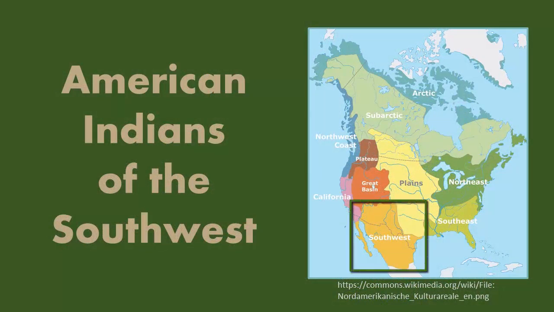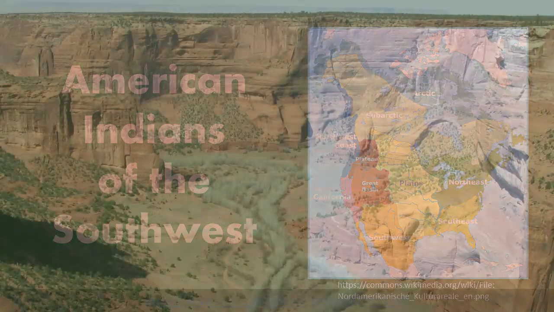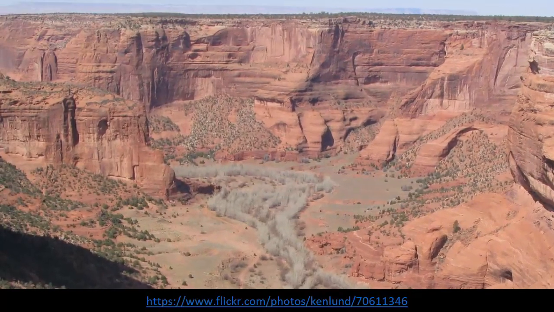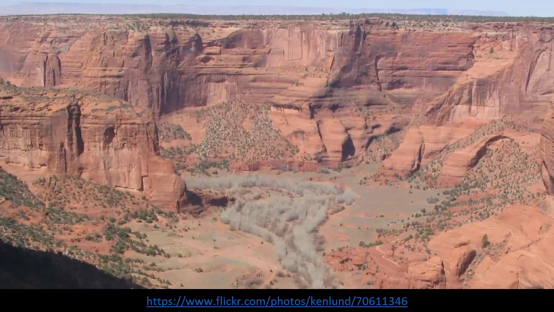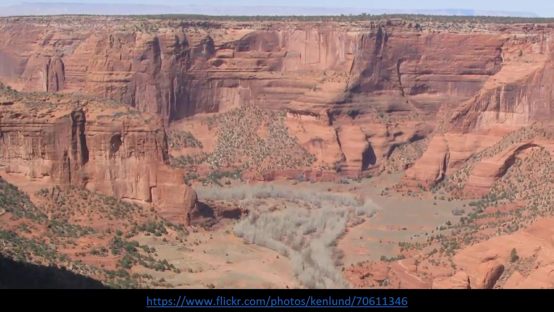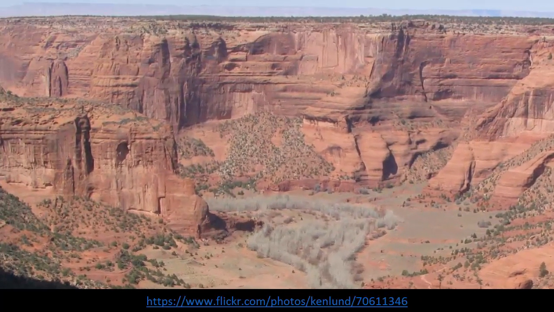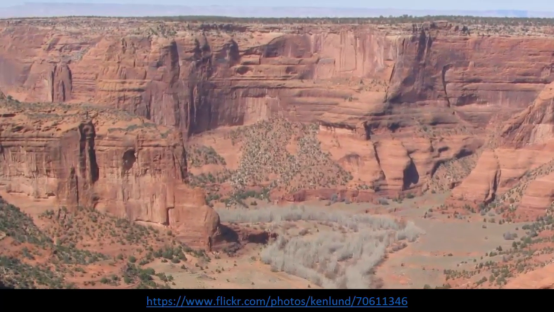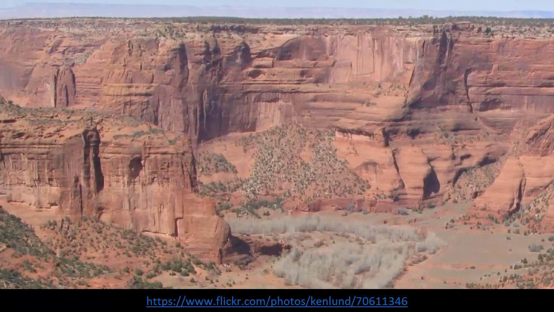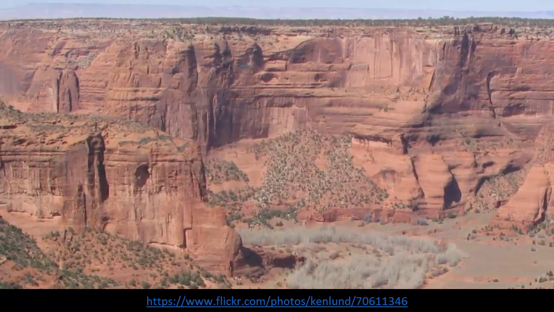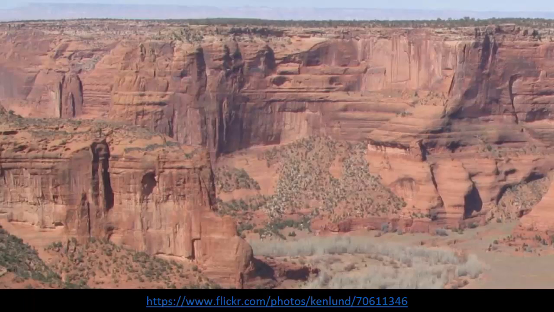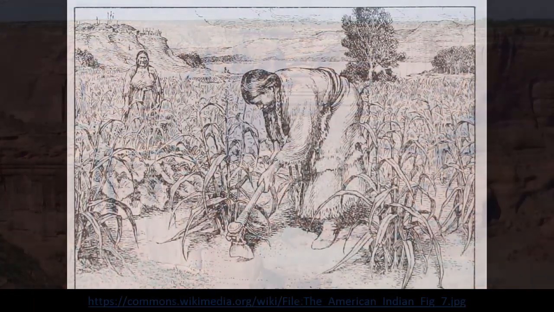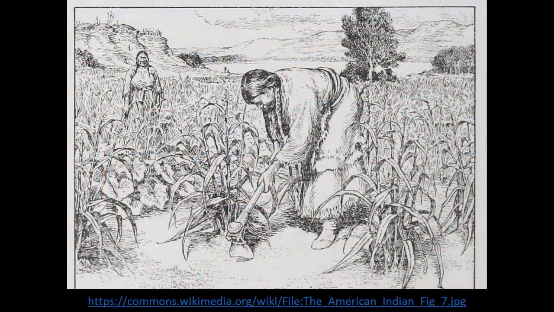Among the best-known tribes in this region were the Pueblo, Navajo, and Apache. Southwestern American Indians were impacted by the climate and geography of the region. The large plateau, now known as the Colorado Plateau, along with canyons, mesas, and river valleys, make up this area. Some southwestern Indians settled along waterways, which allowed them to successfully farm the fertile land. These groups developed irrigation systems to water their fields.